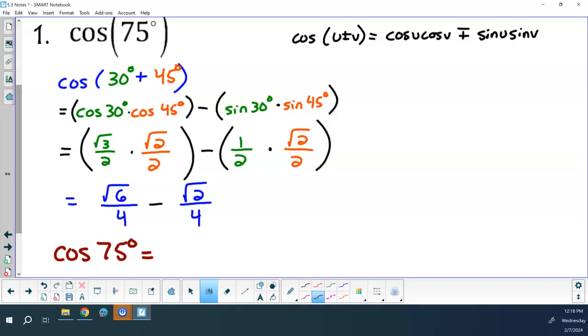Not getting a lot of support. Okay, what does my numerator become then? All of that over